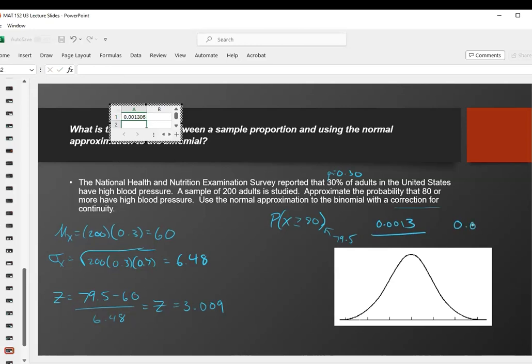Or, whoops, this is a 0.13% probability that 80 or more,